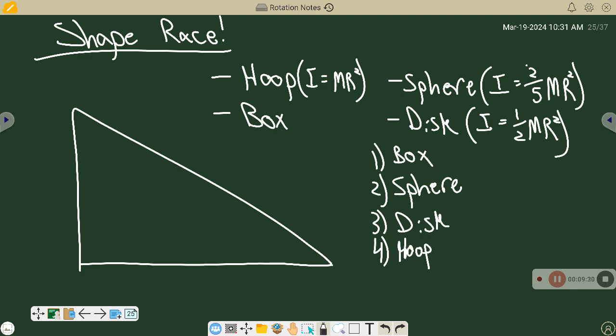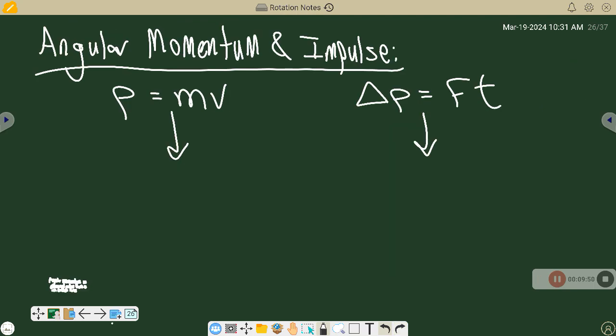Which kind of makes sense because the higher rotational inertia hoop is going to be harder to get moving down the ramp, right? That's what rotational inertia is. It's our resistance to changes in rotational motion. It is going to be slower to accelerate down the ramp. Therefore, it's going to be last. All right, cool. Moving on to